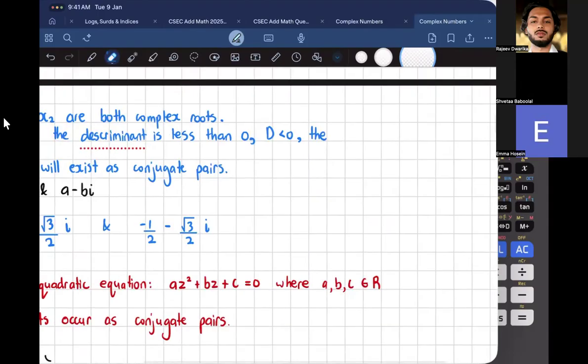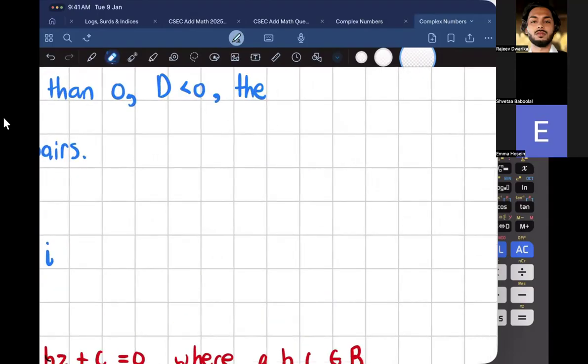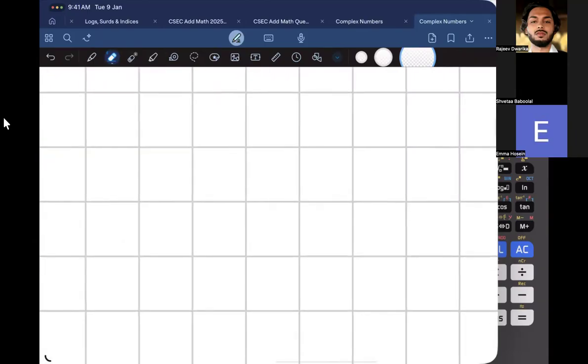If they ask you to find the square root of a complex number, again, if you find the square root of a real number, isn't your root going to be a real number? So if you find the square root of a complex number, then the answer you're going to get is going to be in the form of a complex number. It's going to be x plus yi. So your first